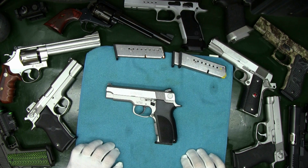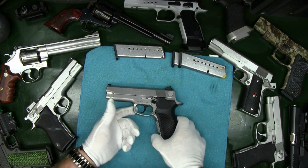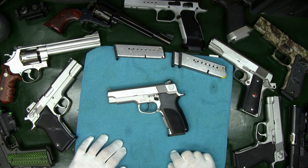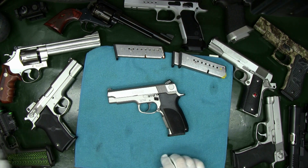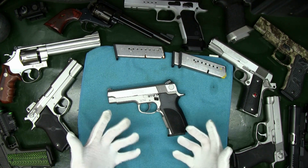So what makes this one so special? Well, the title probably already gave it away. There was a certain number of these that were sent to the FBI. And the hope at Smith & Wesson was they'd be selling them to the FBI like hotcakes. And history shows that isn't exactly the scenario. But what puts this one over the top, and